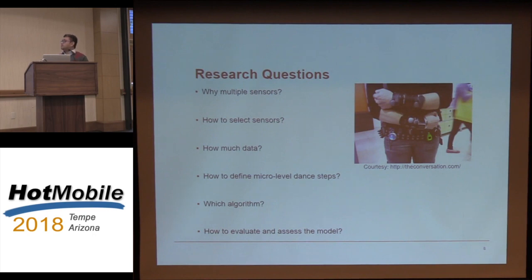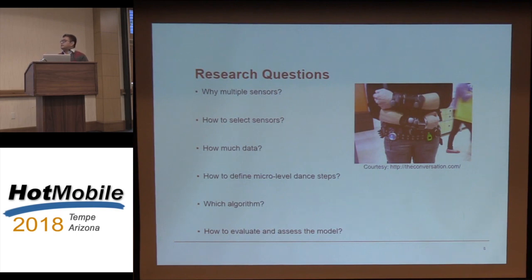The second is how to select a sensor. Do we need an accelerometer sensor, or do we need a camera? Do we need both of them together? Do we need a blue one or a red one? We have to decide that. And then once we have the sensors selected, we had to decide on how much data we want to train